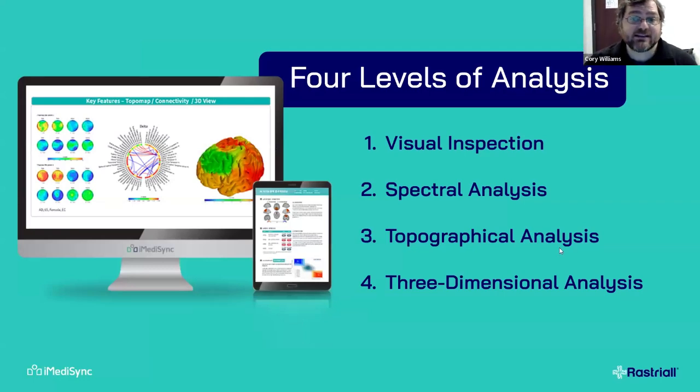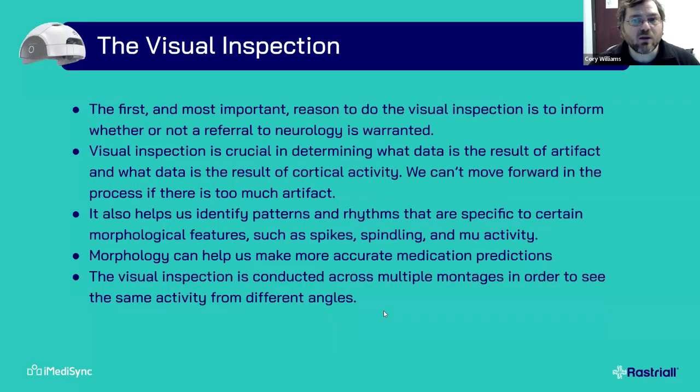When we analyze that data, there are 4 kinds of steps that we go through. There's a visual inspection, a spectral analysis, a 2-dimensional analysis, and a 3-dimensional analysis. Now, I could talk for probably an hour on each one of these things. I'm not going to. You're welcome, or I'm sorry. You can take whichever you want. But I am going to touch on each one briefly, just so you can get a quick look at what does this mean, what does this do, how do we use it.